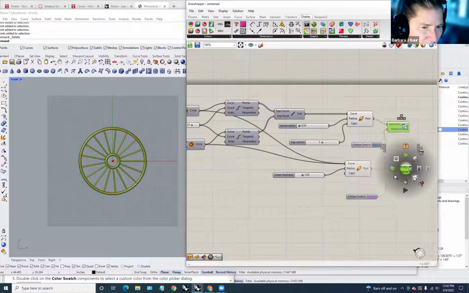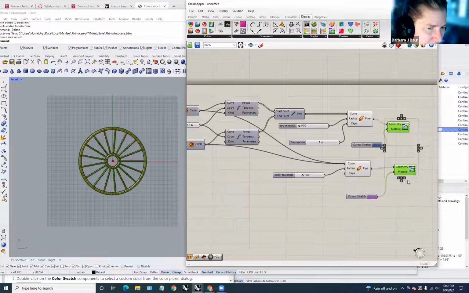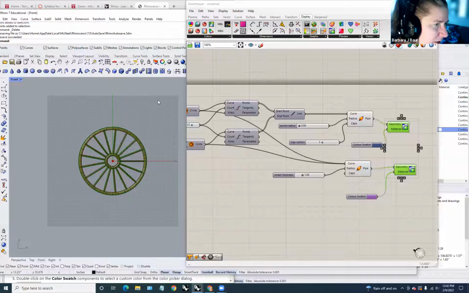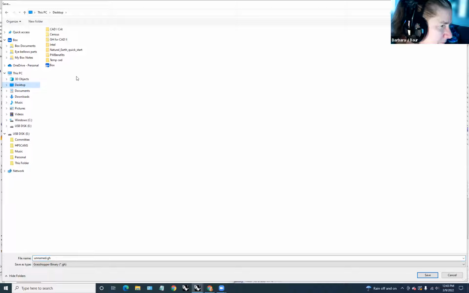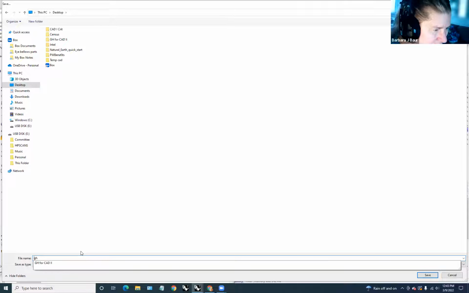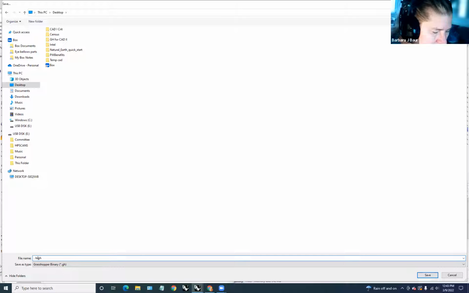So now the very last thing that you want to do is take these and bake them. That's where you have the little egg. And when you click on that, it creates geometry in Rhino. So if I save this, we'll save this file, and I'm going to put this on my desktop. You can see down here, this is going to be bike wheel demo CAD 1